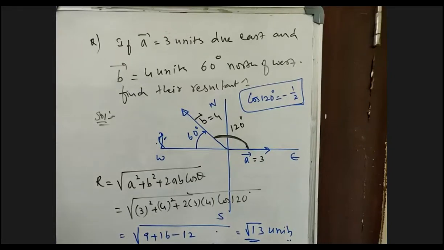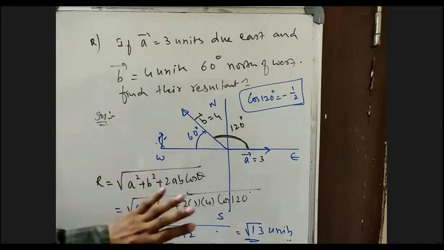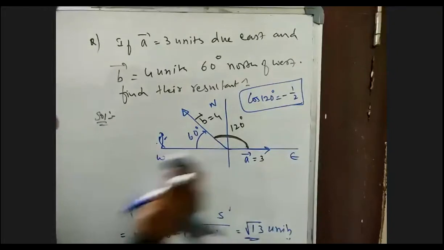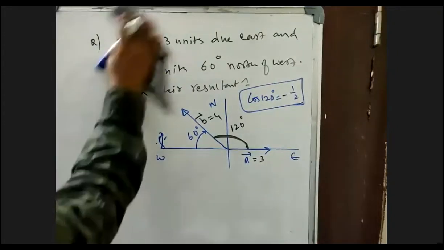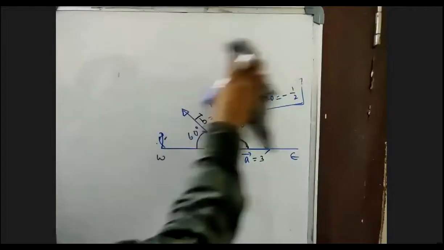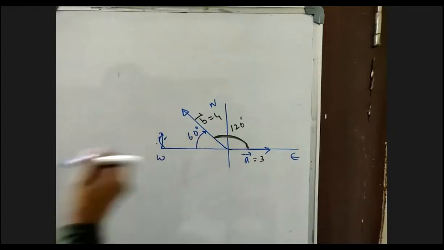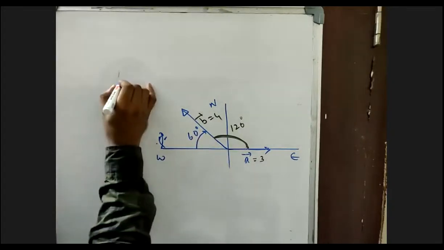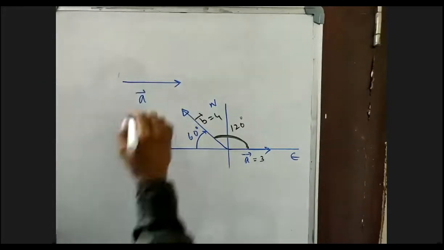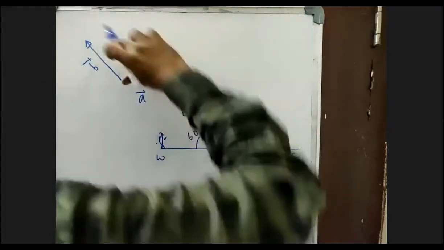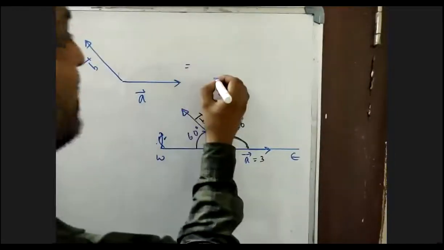Okay, up to here everyone is clear? Now see the diagram very carefully. I need the angle between A bar and B bar. This is the actual vector given: this is the vector A bar and this is the vector B bar. By head to tail method, take the second vector and attach it to the head of the first vector. So this will become like this.